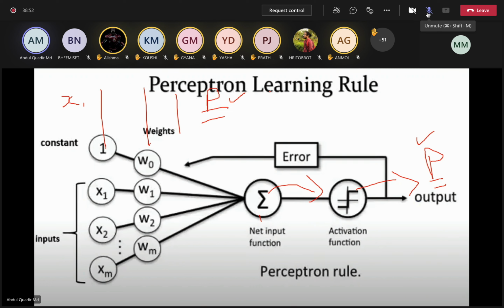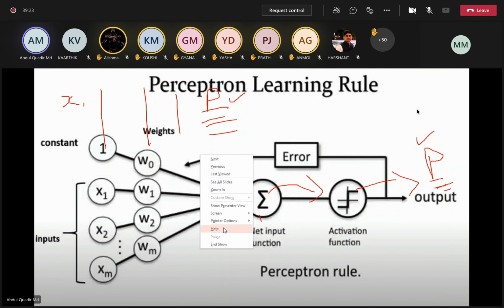So here, is there any error? Hello? Is there any error? Does anyone understand what I'm asking you? Could you repeat, sir? I don't understand why you are asking about the error. No, consider...